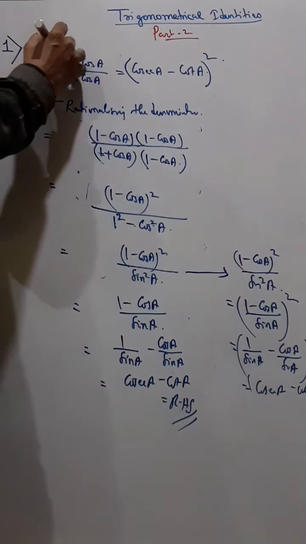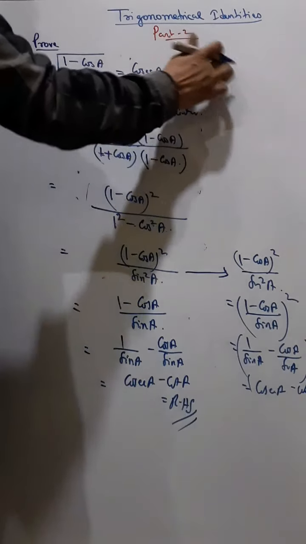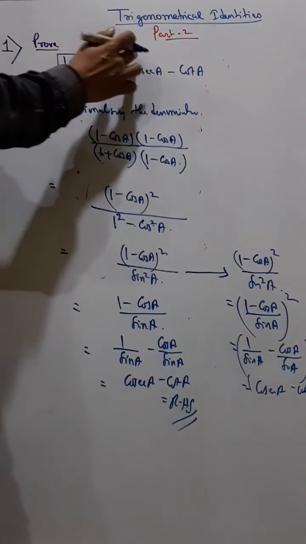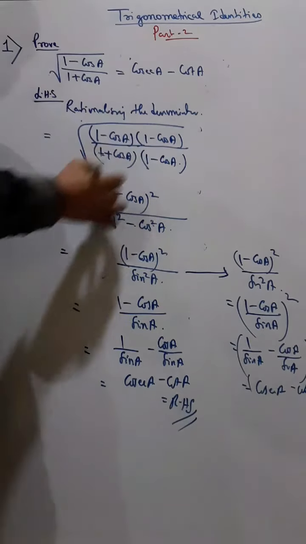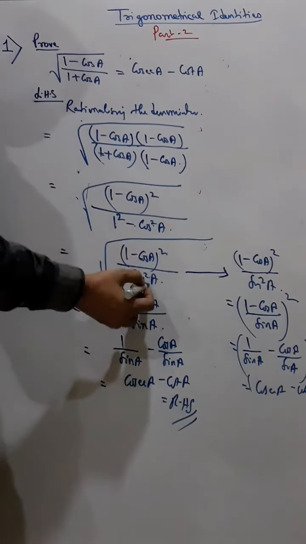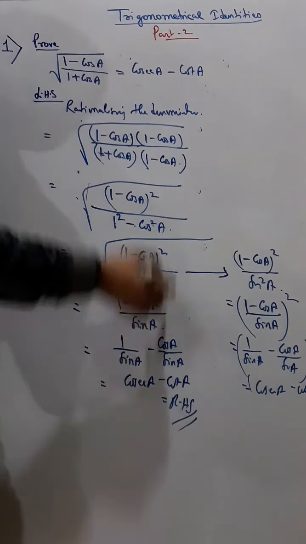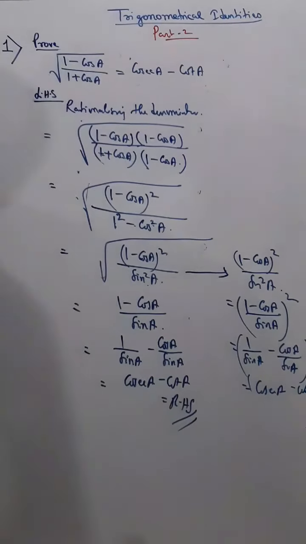So you can understand the same sum. Sometimes they give it with the square root. So if they give a square root here, they will not give you any whole square here. Or sometimes they don't give you a square root, they give a whole square here. So when you have a square root, we use this square root and then the square cancels, and if you don't have a square root on this side, then we do it in this way. Okay, understand?